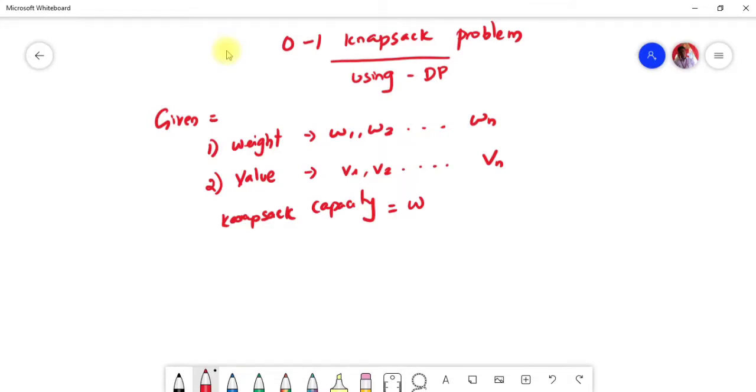Okay, so from the given data, the solution is to find the most valuable subset for the given condition. That means we have to accommodate as many items as possible within the capacity of the knapsack, which is W. For that we have a formula, and I'll give the formula after solving the problem.